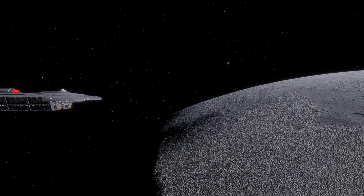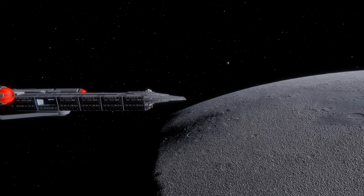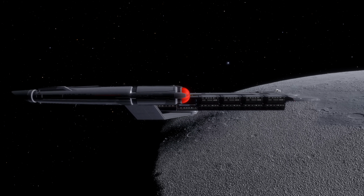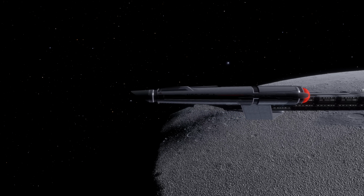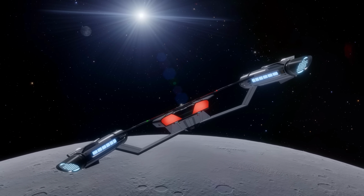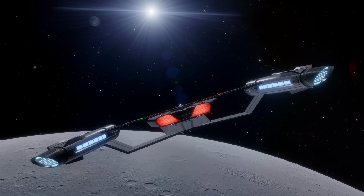Sitting at a length of 599.5 meters, the Hiawatha Class was designed to be operated by 200 officers and crew members, with additional space for up to 500 additional medical personnel and medical facilities which could hold up to 3,000 patients. A dedicated hospital starship class, and technically considered to be a refit vessel design,